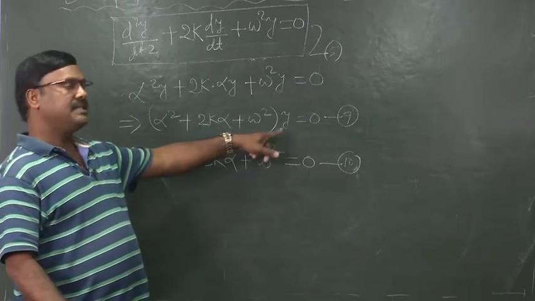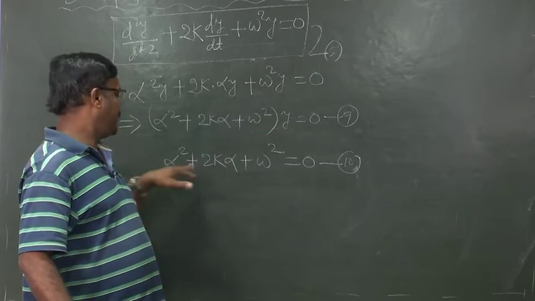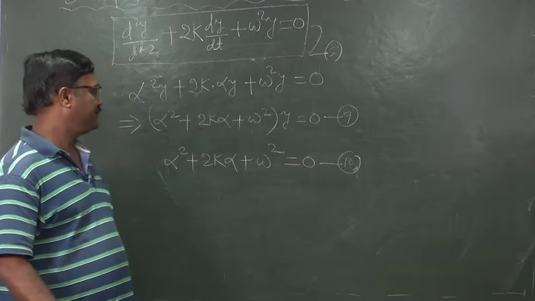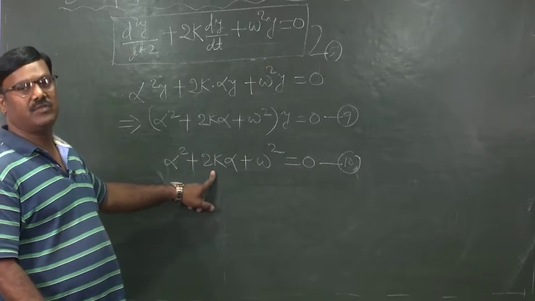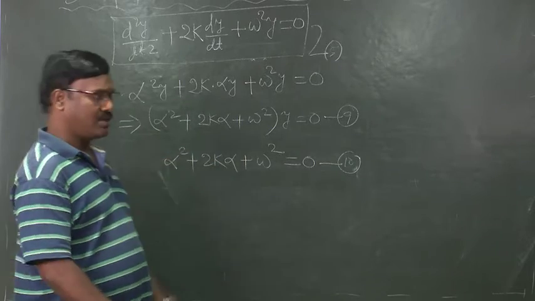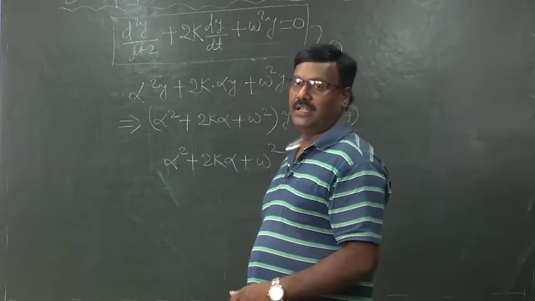Because y is not equal to 0 and the product is 0, ultimately this term will become 0. And this is a known quadratic equation, whose solution can be obtained from the general formula